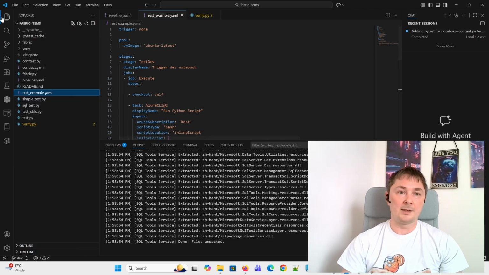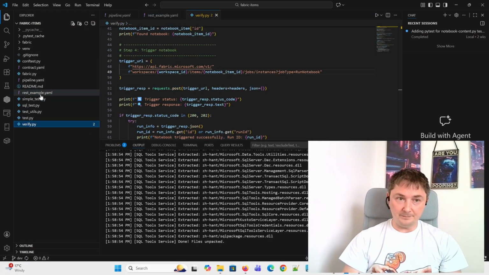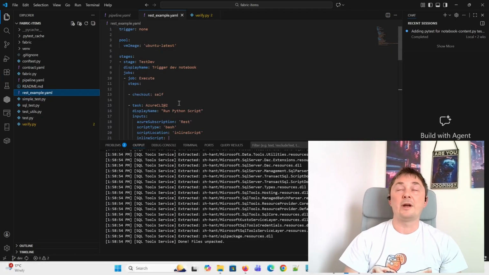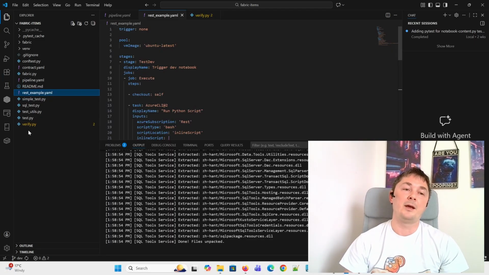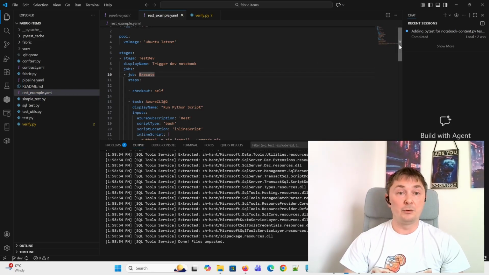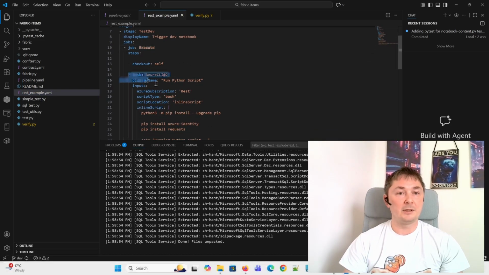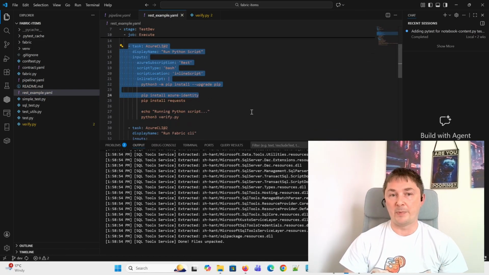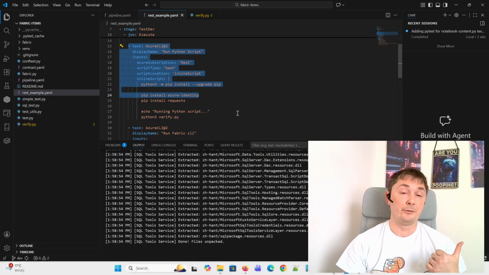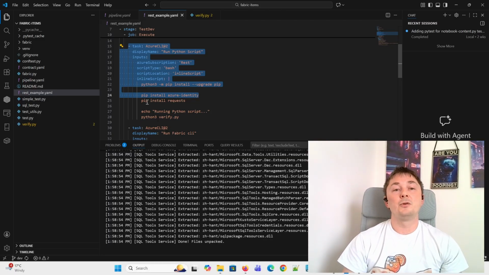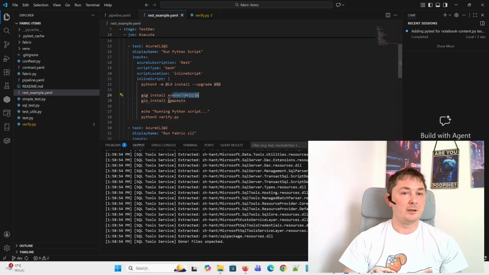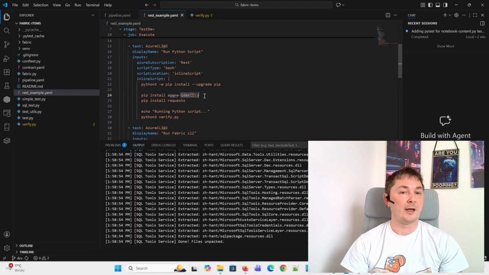And in the example over here I have 2 scripts. Oh, actually the pipeline and the script for Python. And what I'm doing in here is the first thing that I'm trying to do is to use a Python script, so to use a REST API to install Azure Identity and Requests to be able to make those calls and authenticate against Azure